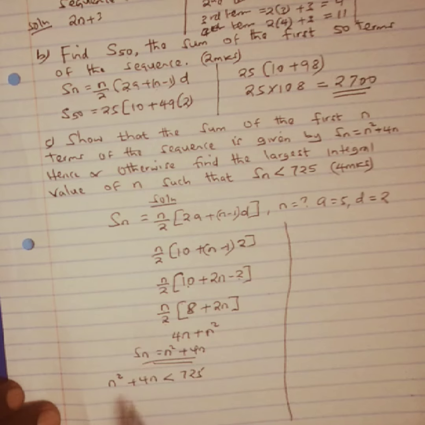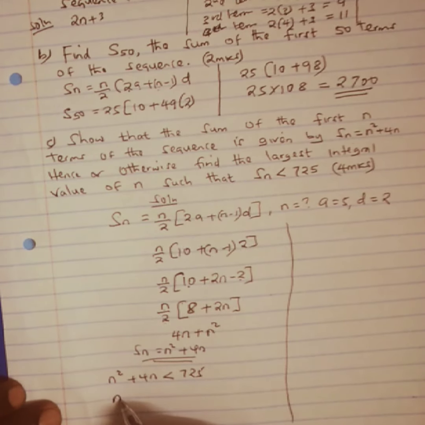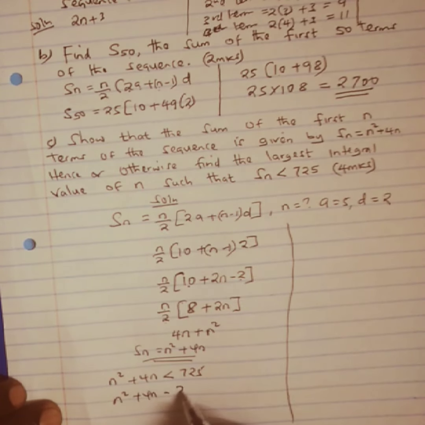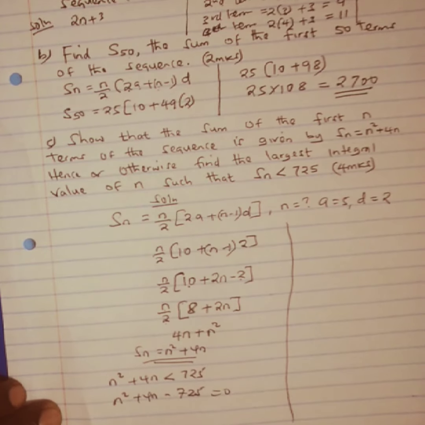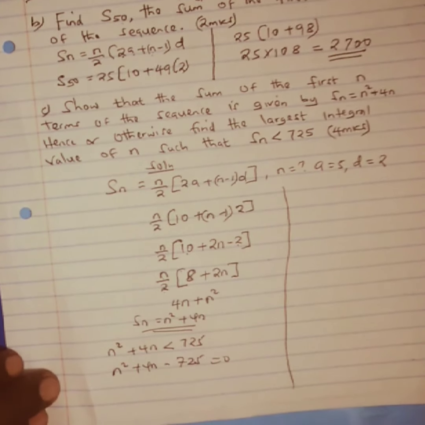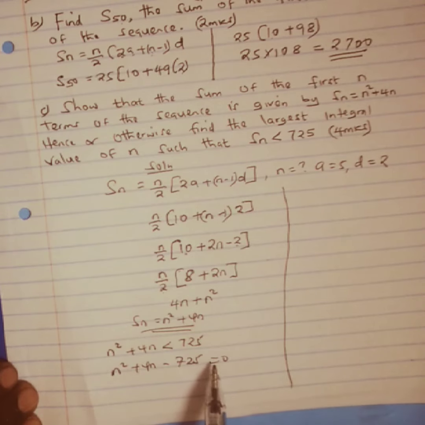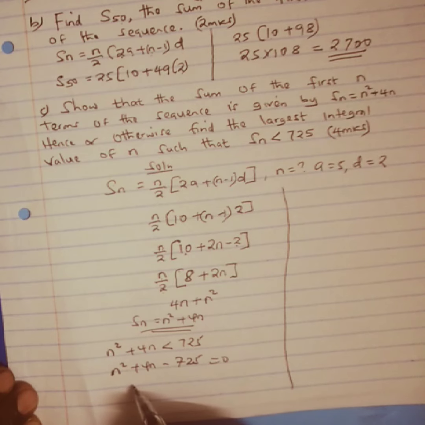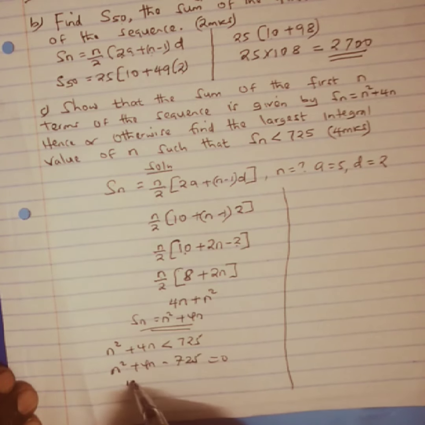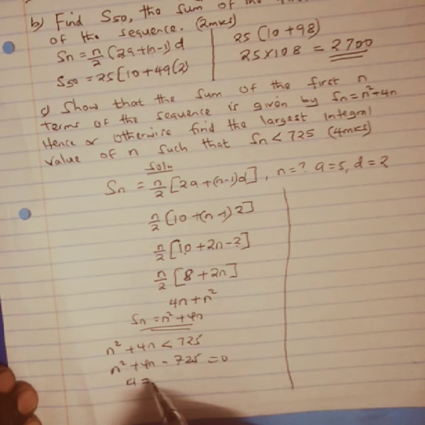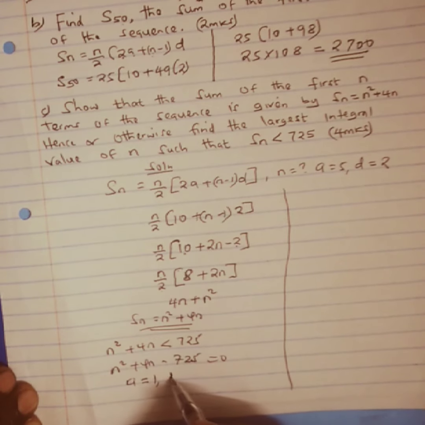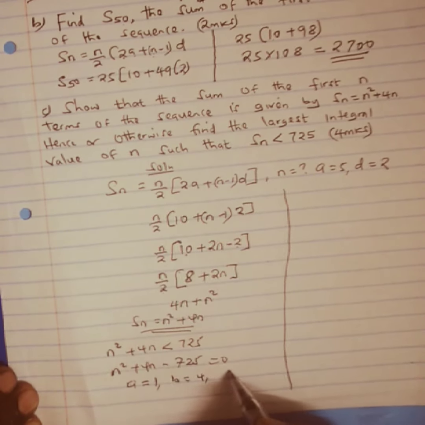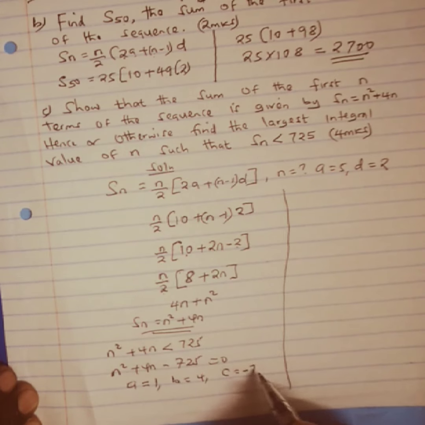If we bring 725 to this other side, we are going to have n squared plus 4n minus 725 being equal to 0. And from here now we can solve it by use of either factorization, or we use the quadratic formula method, where our a is going to be equal to 1, b is 4,